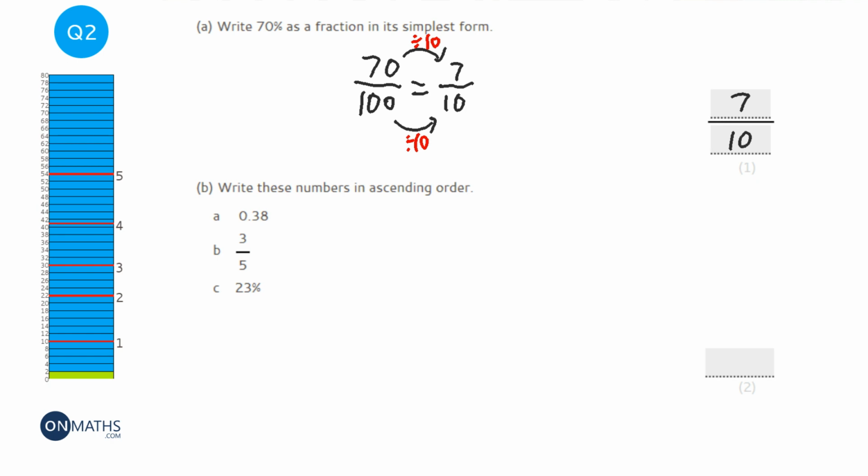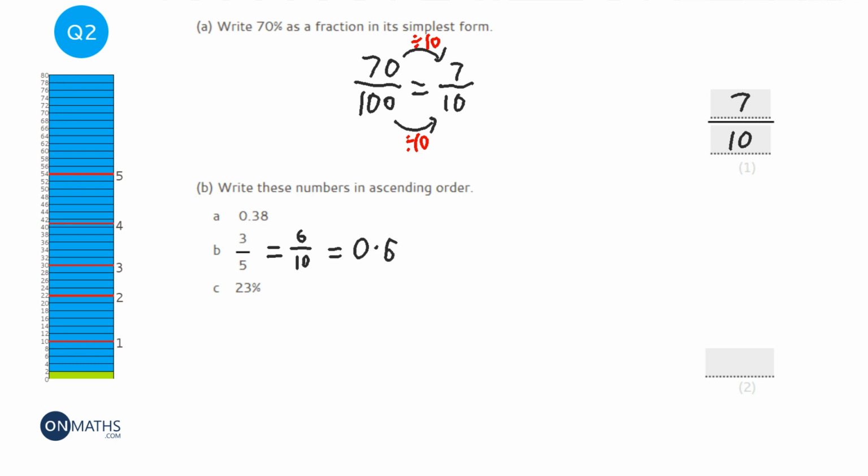Now the next one, they have a decimal, fraction and percentage. Now the easiest, I would say, to convert these all into, to be able to compare them, is probably a decimal. You might pick a fraction, you might pick a percentage, but generally I find these easier if they're decimals. So question A, well, we don't need to do anything with that. Question B, now you might not know what 3/5 is as a decimal, but if we times top and bottom by 2, then we get 6/10. Now if you remember that column after the units is the 10th column, so that's going to be 0.6